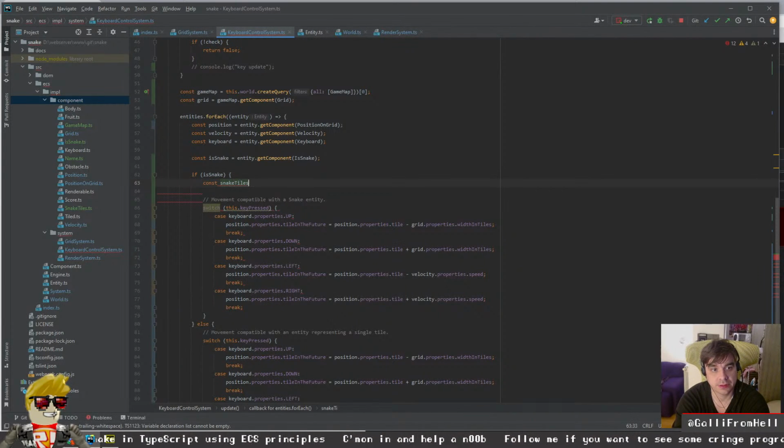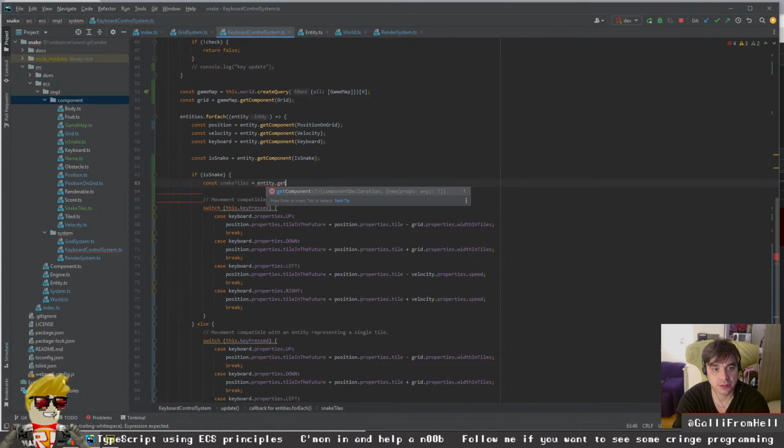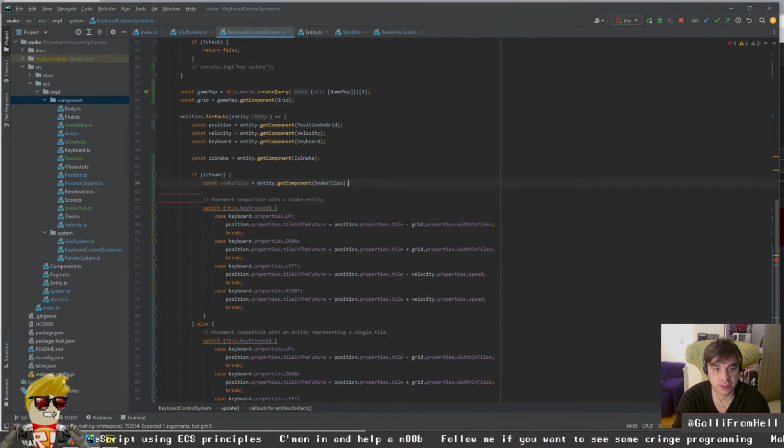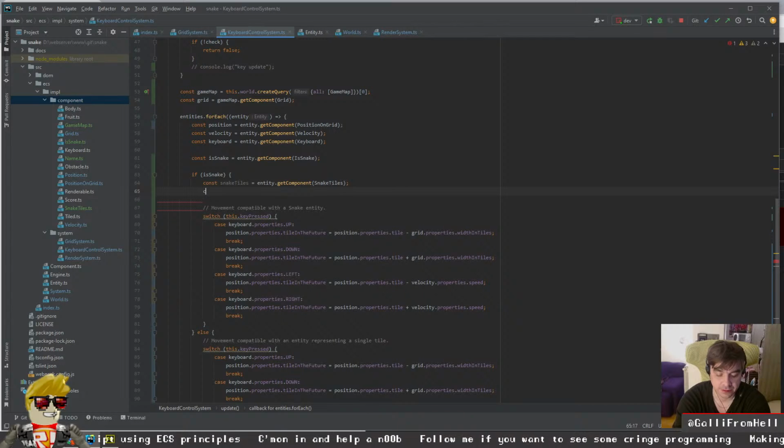Snake tiles, entity get component snake tiles. Is snake tiles 0,